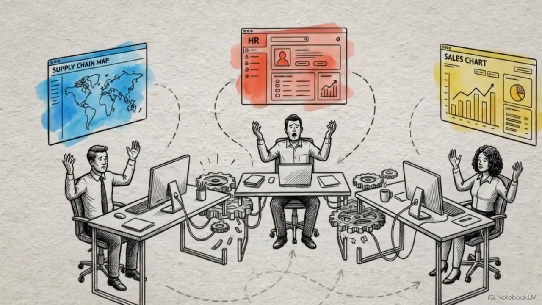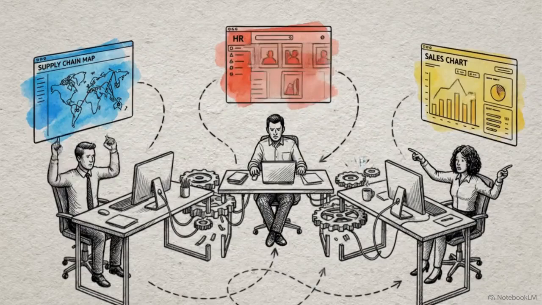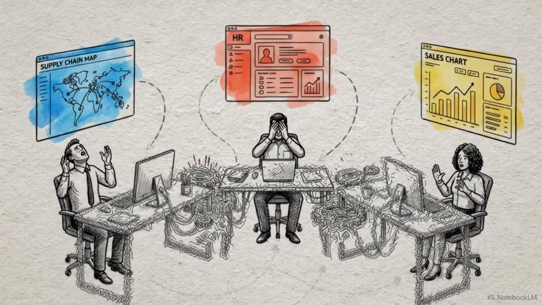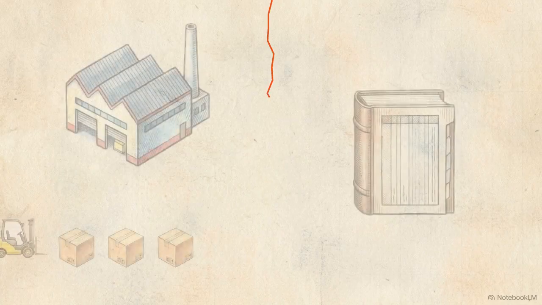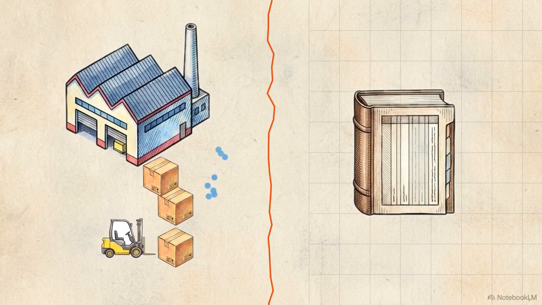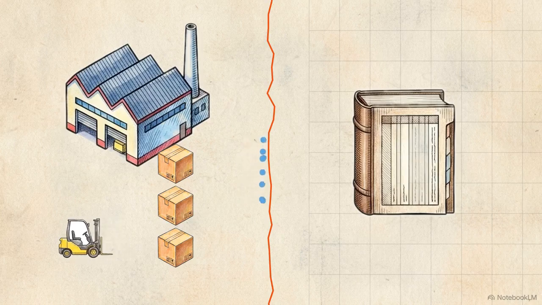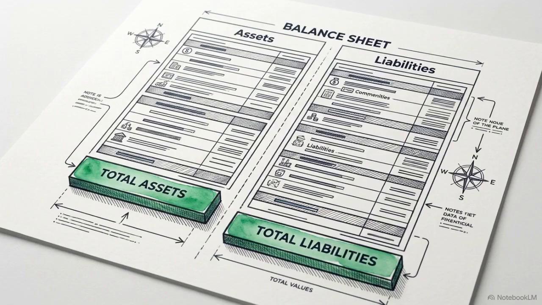As the software industry moves toward fragmented, API-driven microservices, mid-market businesses are facing a severe consequence: deep, impenetrable data silos. When supply chain, human resources, and sales operate on disconnected platforms, a reconciliation gap opens up. Operational data, the actual events on the factory or warehouse floor, fails to map natively to the financial reality recorded